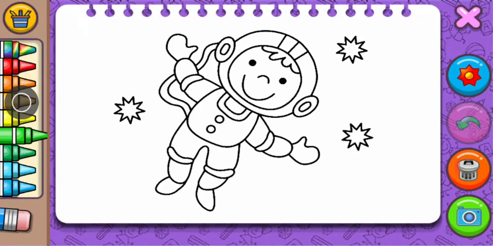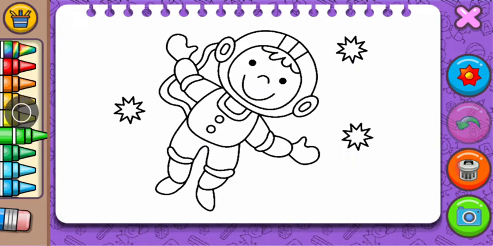By clicking the bucket you can change the tools. To the right side you can find the close button, sticker, undo, delete, and you can take a snap by using this camera icon. You can share with your friends. Okay, children, hope you are all familiar with the tools. Start giving color, children, and share with your friends.